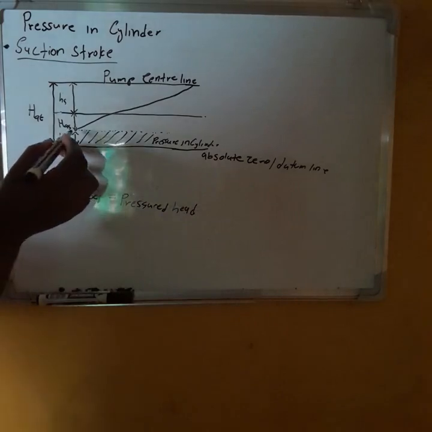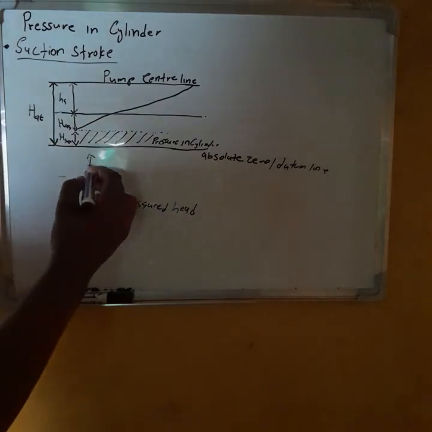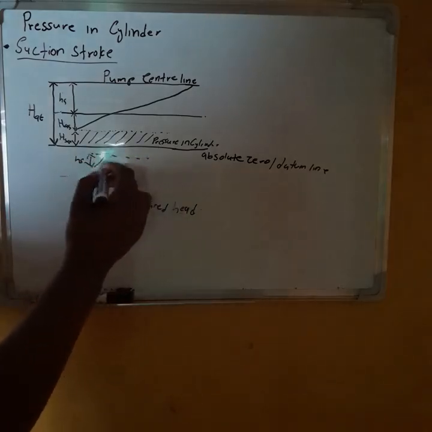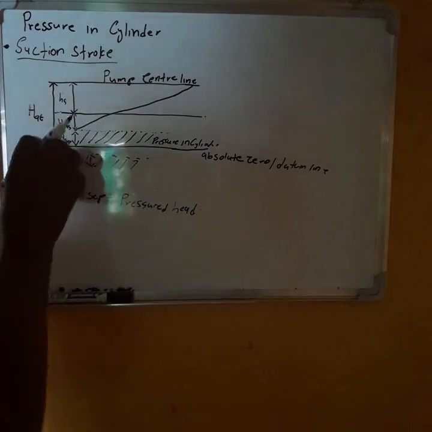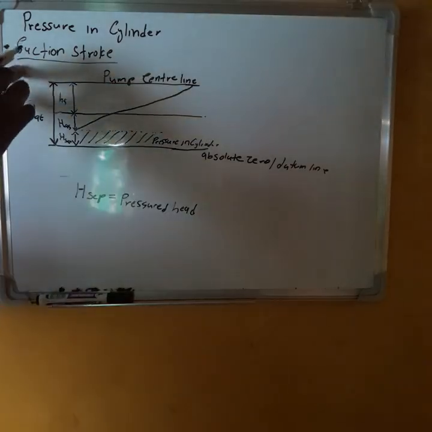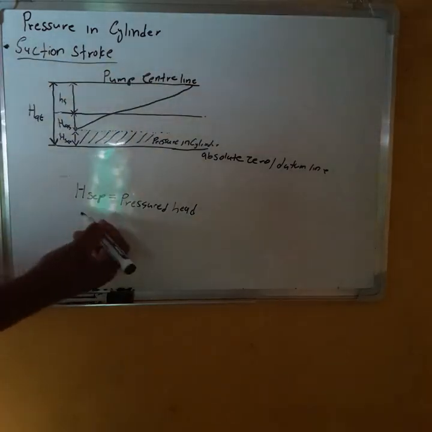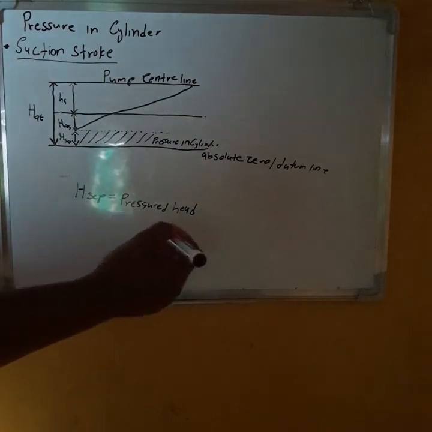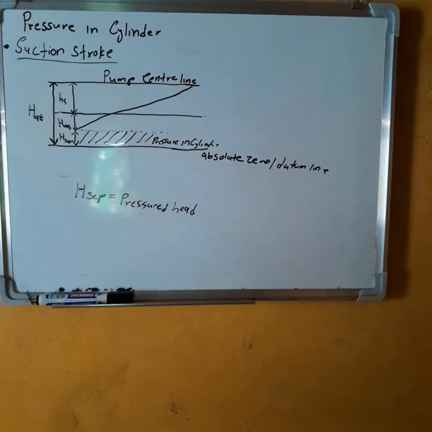If you check this portion of the line, we have something like this. This is H sep. Then I did like this. See, this portion, they are equal. That is what you must know. During the suction stroke, H separation is equal to pressure head. They are equal. Then according to the diagram, they are equal. So you understand? Hence, since they are equal, we know that